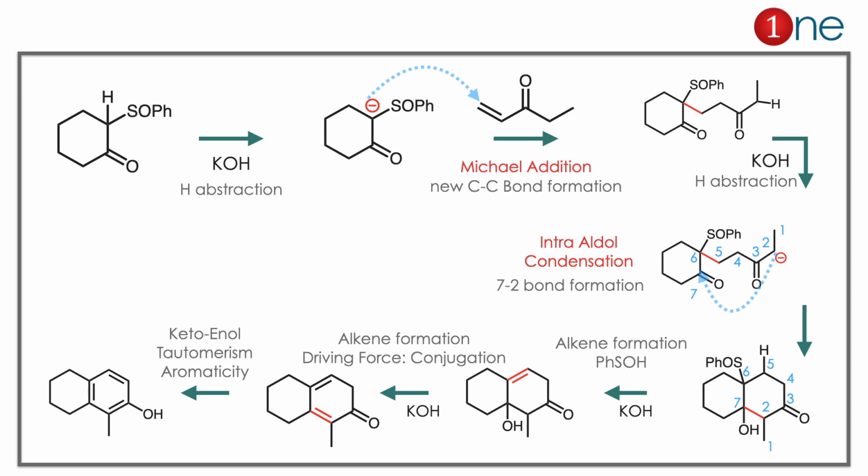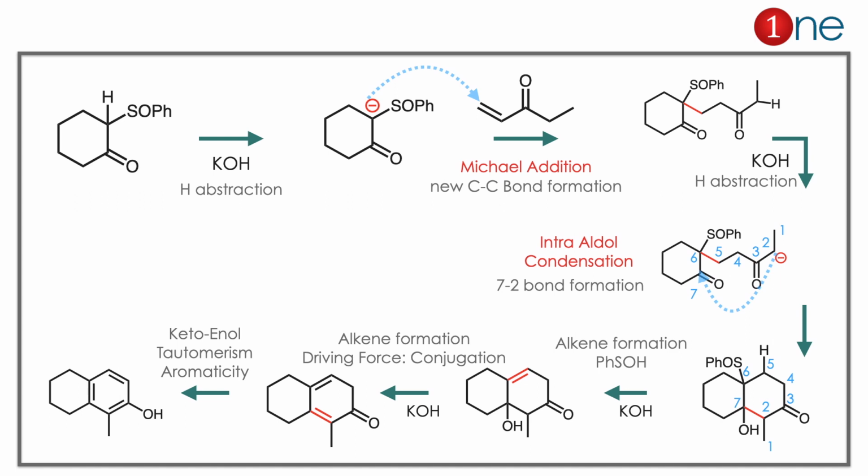Then in the next step you are using a base and heating conditions. So an alkene is formed from removal of PhSOH. Then you have the OH and you have the ketone. Again alkene formation is there from the OH. Since OH and proton are removed there, alkene formation will be there. If you want, you can write it as multiple steps. For the consideration of space and time, I have written it simply.